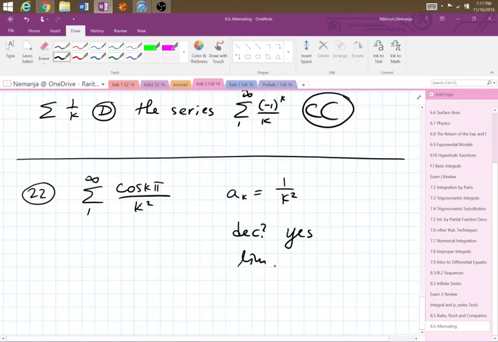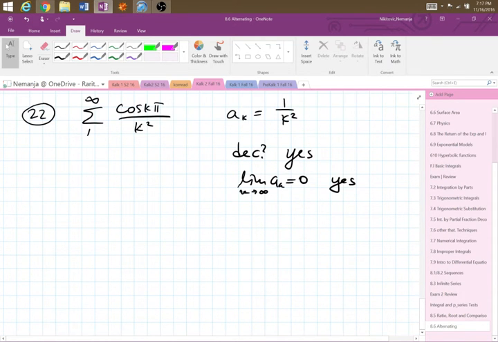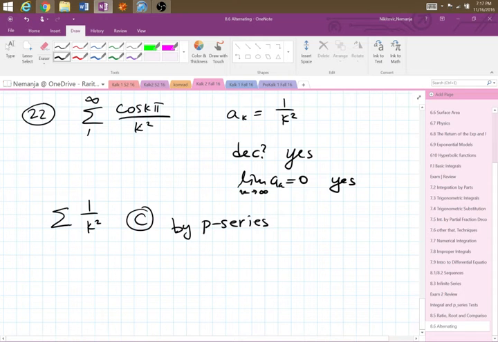Is the limit of ak equal to 0? Yes. So we are on a convergence track. So now we look at the series 1 over k squared, which is convergent by P series. P is equal to 2, bigger than 1. So convergence by P series, and then you just write